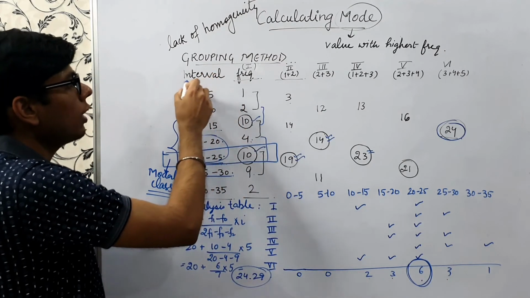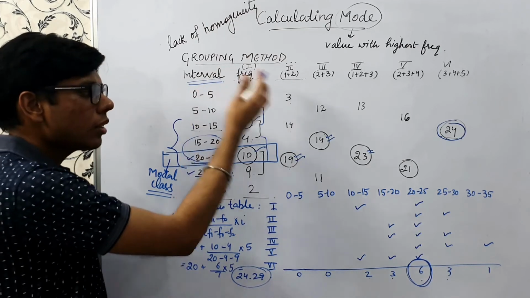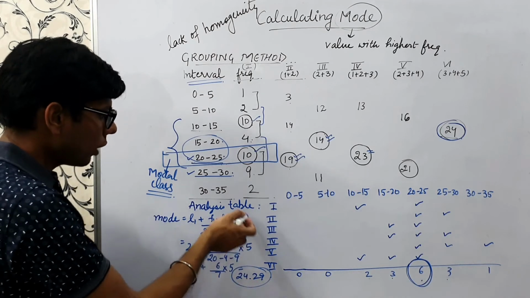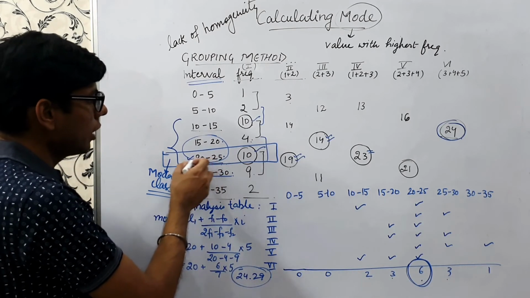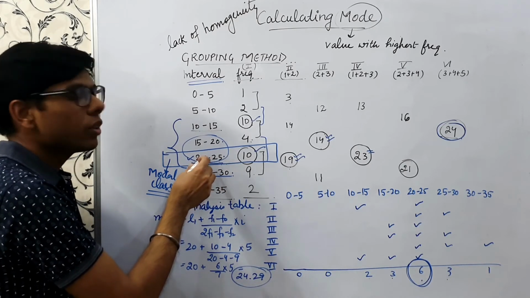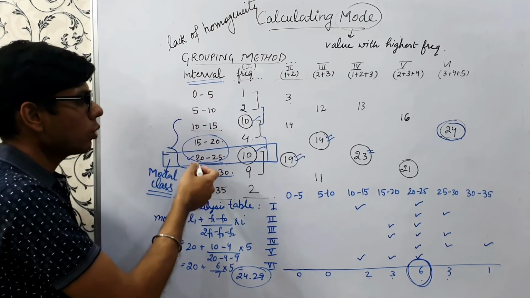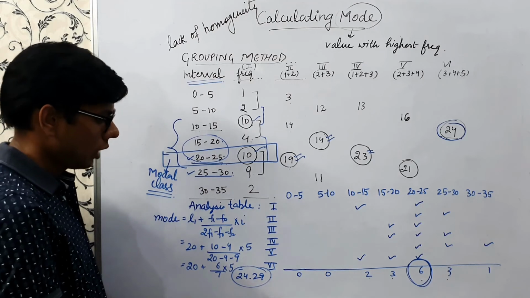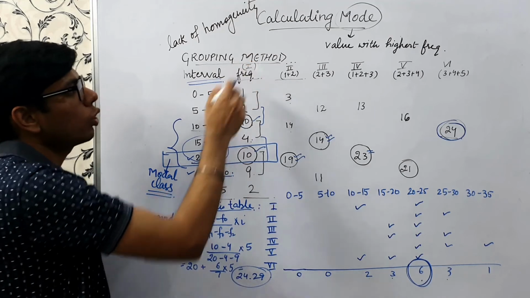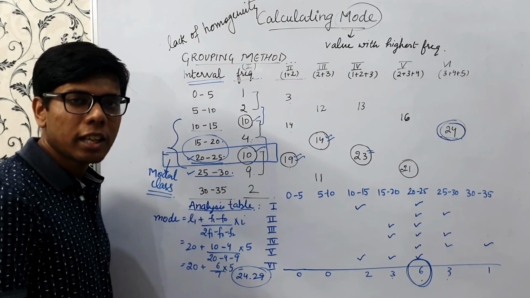So suppose instead of intervals we have normal observations like 3, 4, 6, 7. In a similar way we can do the analysis and calculate the mode. In that case we don't have to apply this formula. Suppose in place of 20 to 25 we have the observation 23. It was not an interval, it was just a simple X observation. Then our mode would be 23. But in this case we apply this formula and we have calculated the mode using the grouping method. So hope you have understood the concept of the grouping method and calculating mode in different cases.